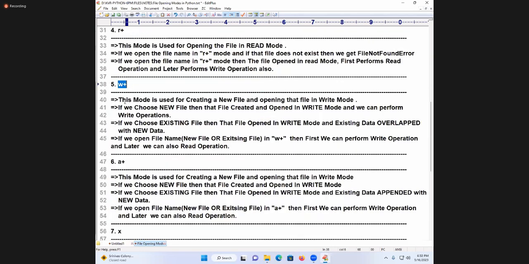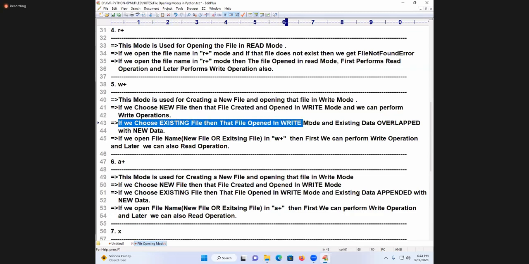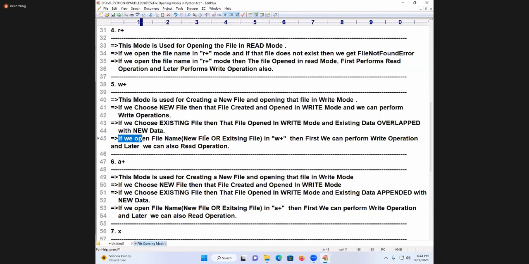W plus mode. This mode is used for opening in write mode. If we open a new file in that, it is opened in write mode and performs write operation. If we open the existing file in write mode, existing data is overwritten with new data, same as previous. If we open the file name, new file or existing file in W plus, first we can perform write operation and later we can also